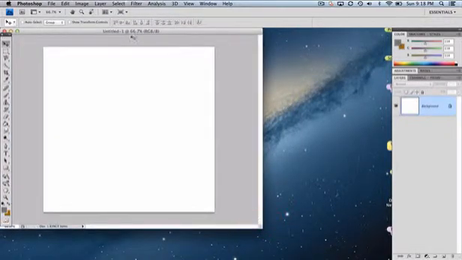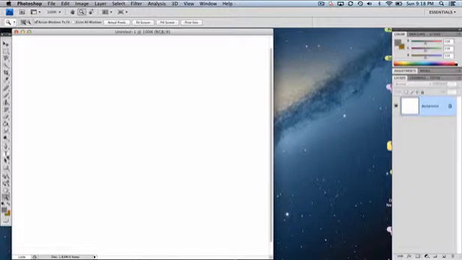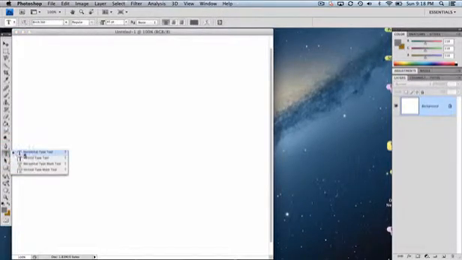And you'll notice my canvas shows up at 66.7. I'll go down here to the zoom tool and just double click to get it to 100%. The text tool is about a dozen or so tools down. It looks like the letter T, and you can right click on that and see there are a couple different text tools to use here. We'll look primarily at the horizontal text tool, and we'll look at the vertical at the end also. So I'm going to select horizontal text,